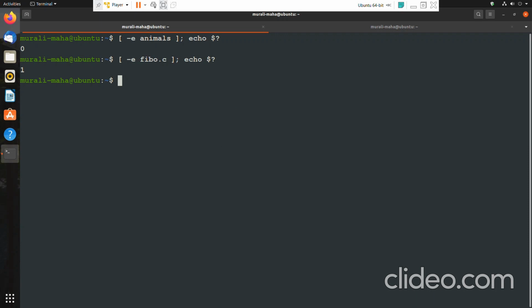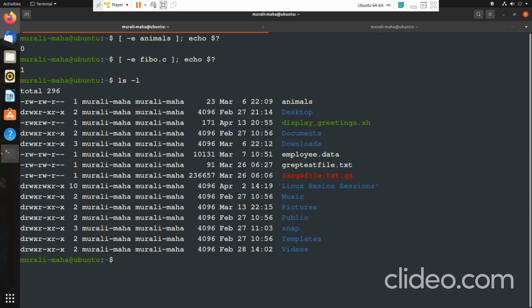Let us suppose I want to check if a file is a regular file. First we'll check an actual regular file, like employee.data.